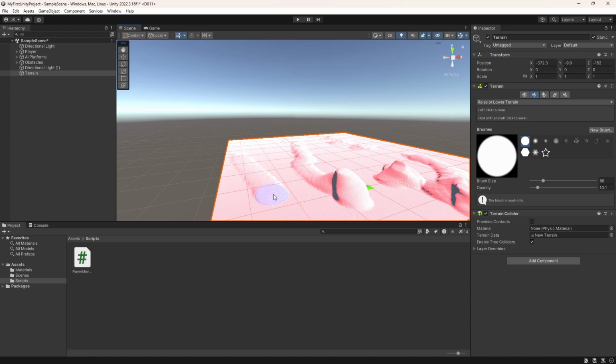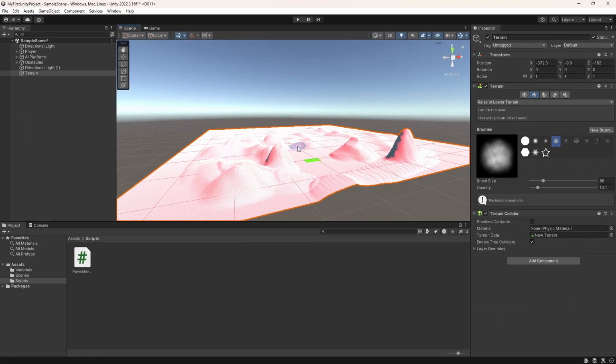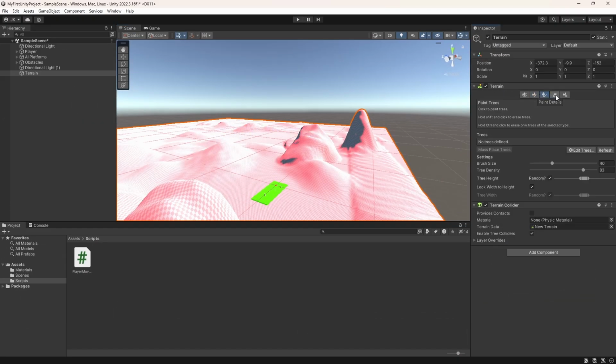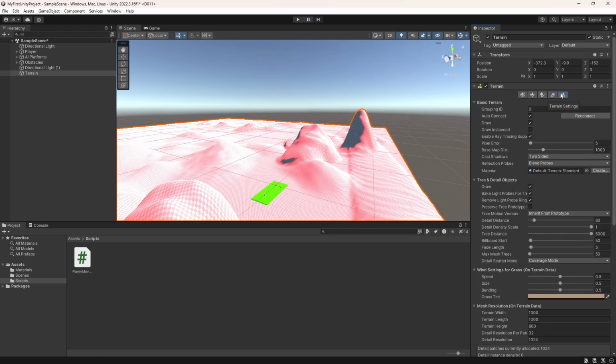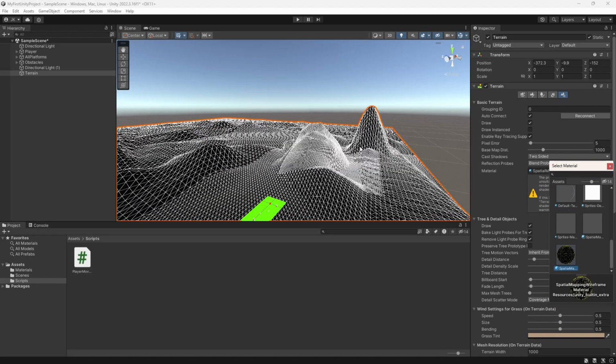Okay, that is a bit too much. These are all different types of brushes I'm using, so just sit tight, do whatever you want. All right, this is pretty much my terrain. Something I'm actually gonna do is teach you how to change the material of this. So you can go to terrain settings right here, and then there's a default terrain standard section here. You can go to this material section, click on the plus icon,